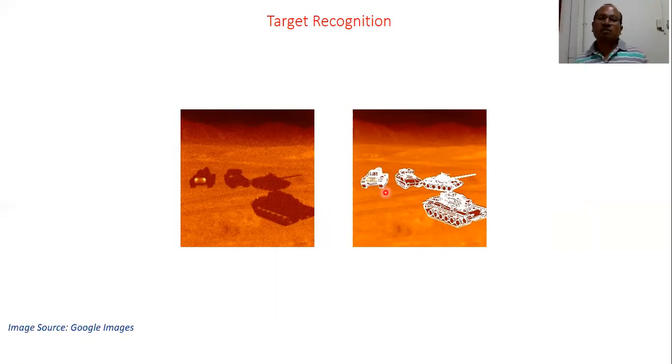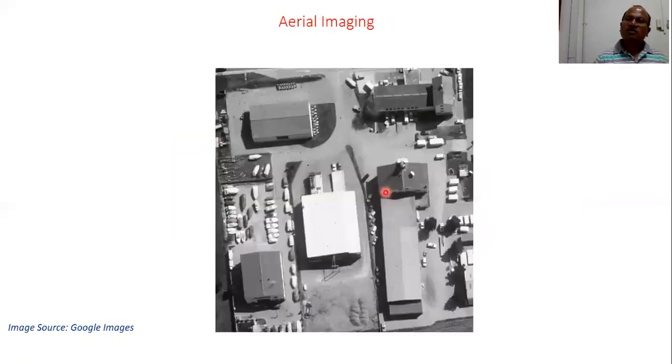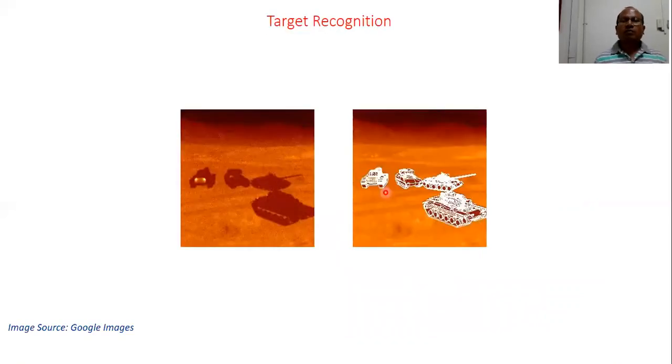So in military and defense applications, not only military and defense, but the example shown here is highlighting military and defense applications, a target can be recognized. The target may be anything like this vehicle. The target may be an object which you want to highlight and others you want to suppress. The target may be an image inside the moon, or inside Mars. The target may be anything which you want to recognize. So that is one application. This will also utilize the properties or the methodology of biometrics.